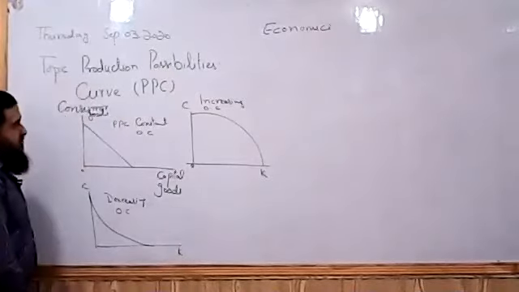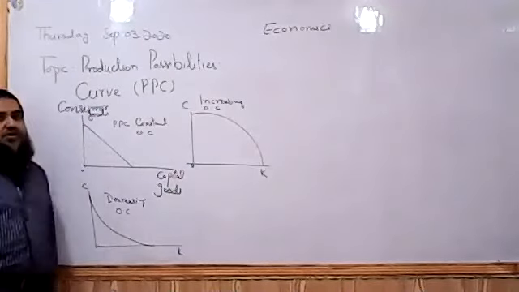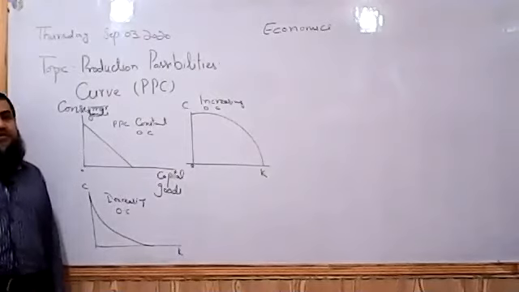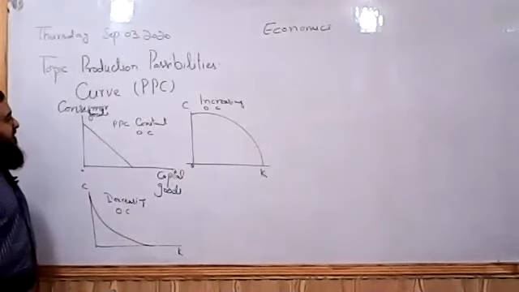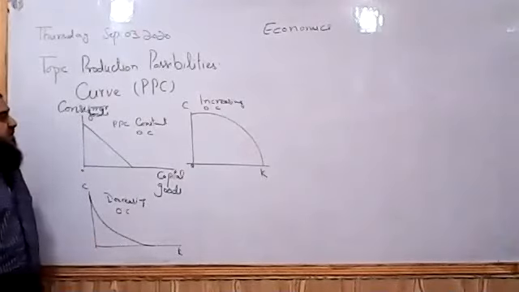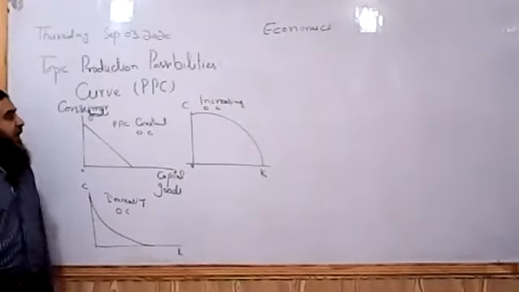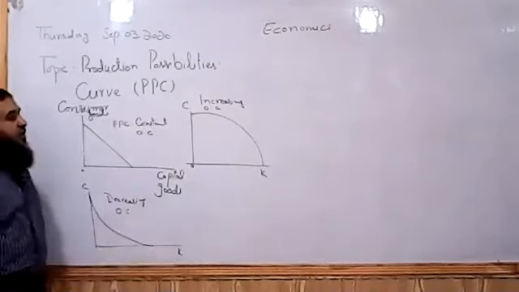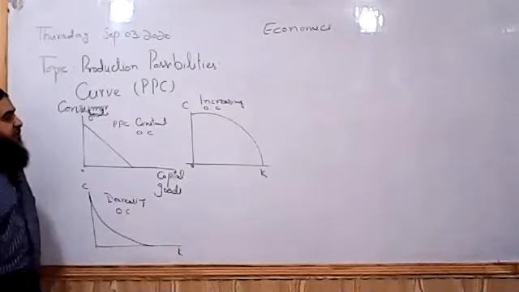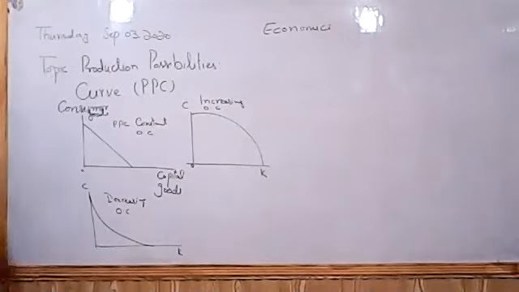As far as your MCQs are concerned, sometimes we have this type of production possibility curve, which shows us a constant opportunity cost. When productivity of factors of production remains constant, then we have this type of curve. And when we have increasing opportunity cost, it is bowed outward, concave to the origin. As we move along this curve, its opportunity cost is increasing. But here we have the decreasing opportunity cost when we move along this curve.